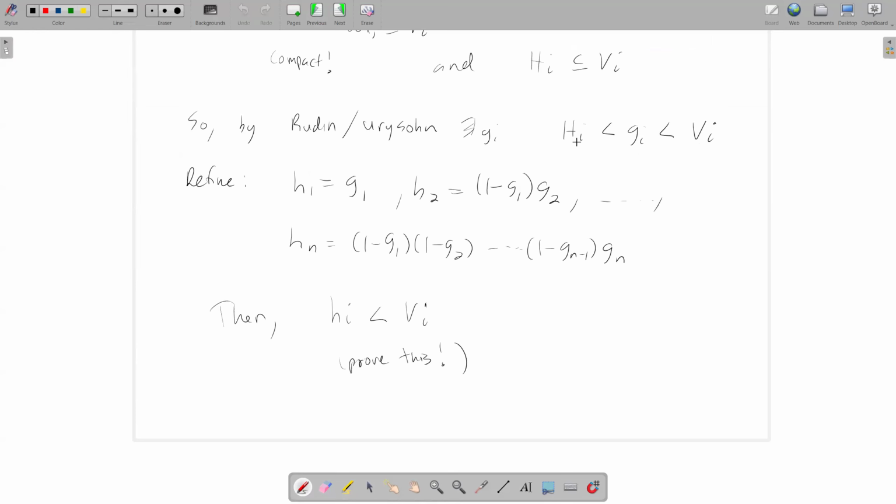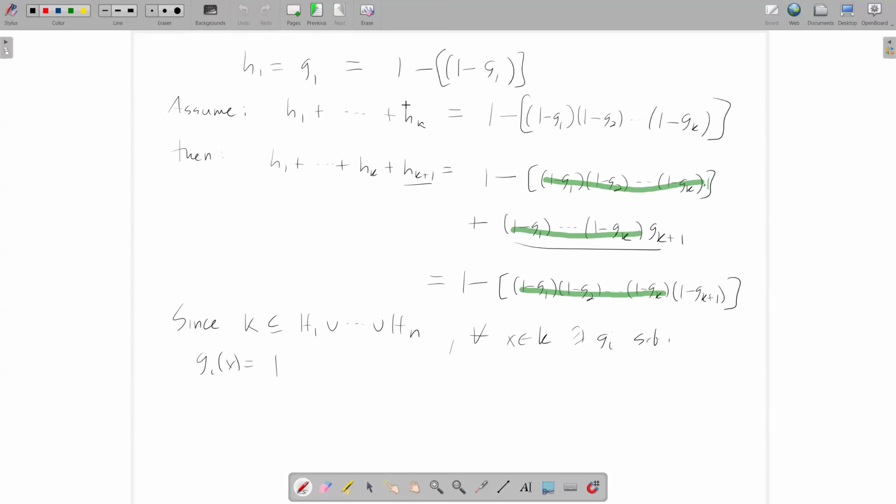If it's in Hi, then that means gi of x is equal to 1, going back to what this means. And if gi is equal to 1, then this sum here, which holds true for all n, by the way,